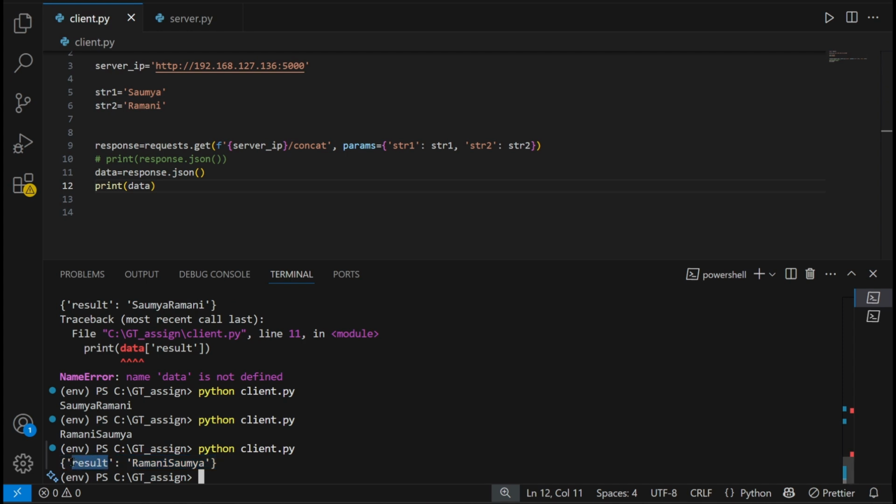See, this is the result coming from the server. The result is the concatenated string, Ramani Soumya. So this is the main use of an API. This is a very simple form of API; in reality, whenever you are participating in any hackathon or working on any real project,